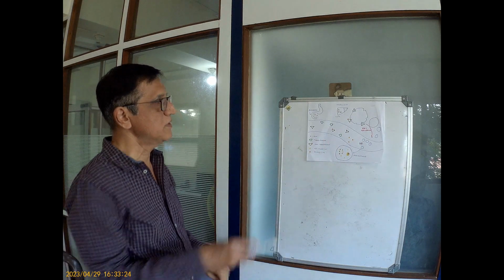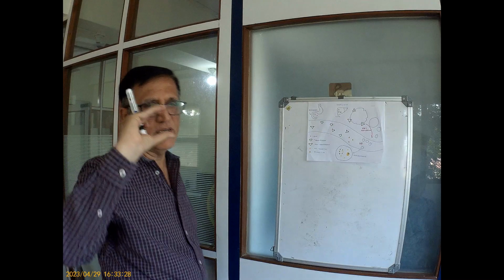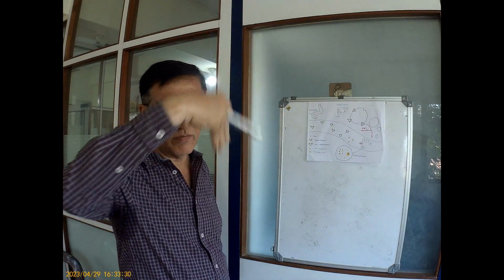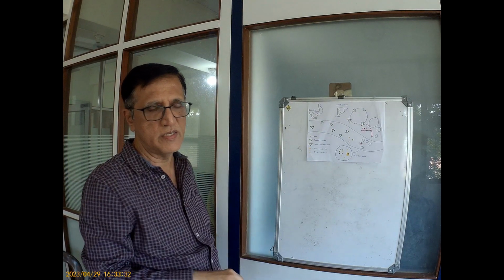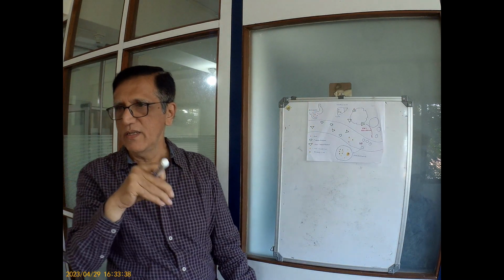What happens is, the duodenal cell, the enterocyte, the cell which is lining the duodenum, has an entry port for iron to come in, and